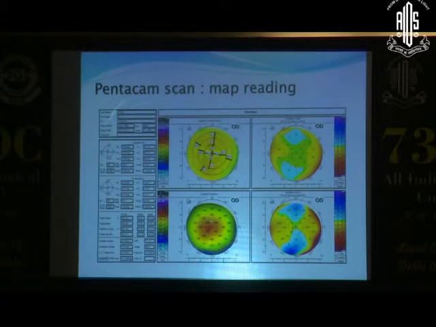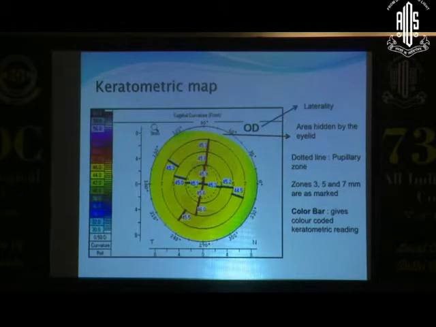So quickly going through, after the demographic data is taken down, we first look at the keratometric map where we see the laterality of the eye, the small zone hidden by the eyelid. Here the pupillary centration. Almost in all cases you'll see that the dotted line is right in the center of the pupil, unlike in an OB-scan where many times it goes ahead with image acquisition even though the pupil is not bang on in the center, and then you may have a decentered apex, which represents as a pseudokeratoconus. Here the zones 3, 5 and 7 are marked, and then you have to see the color coding to make sure that you're seeing the same maps or the same follow-up of the patient.